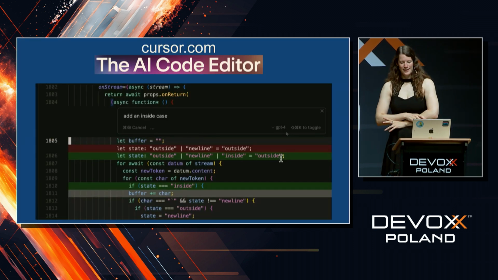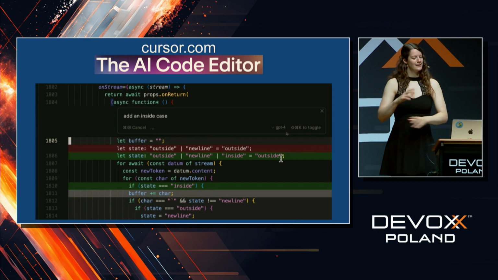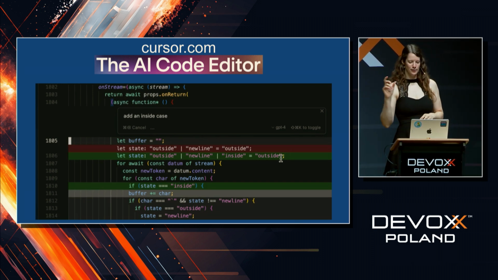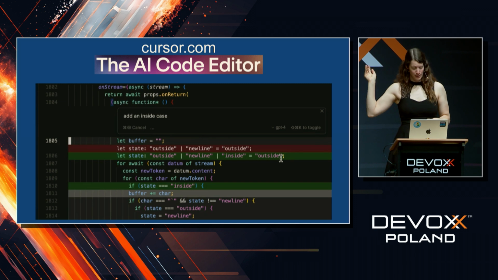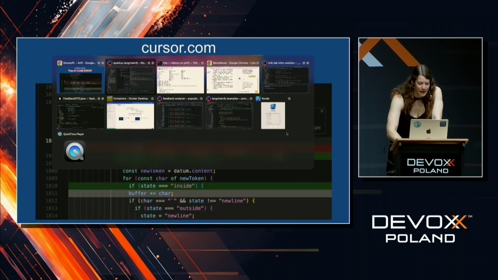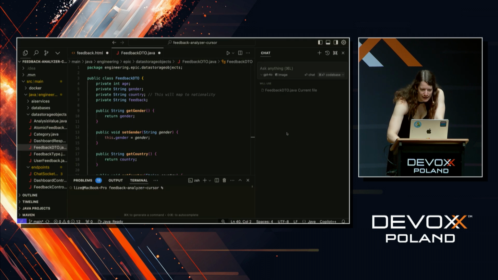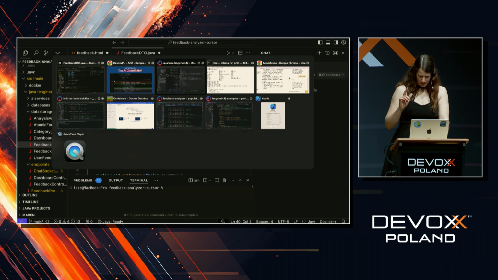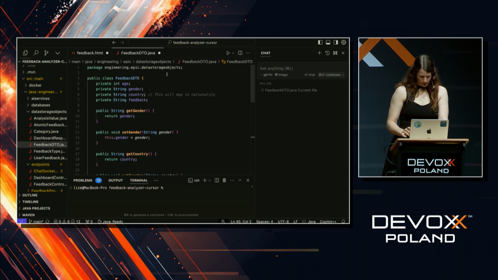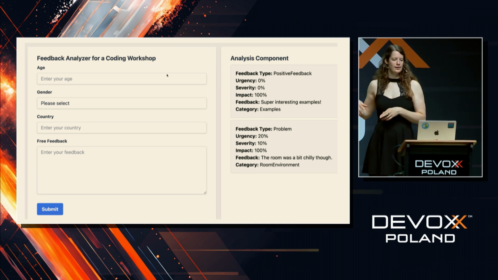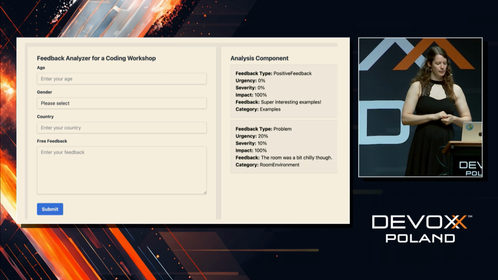Okay, this is one that I'm very enthusiastic about. It's absolutely not local, but it's an AI-first code editor called Cursor, and you can just go download it, install it, and I will show you it works amazingly well. So here it is. I have an application open here, a feedback analyzer. I have put a print screen here because I don't want to get it up and running. But first, you can enter feedback and some fields.